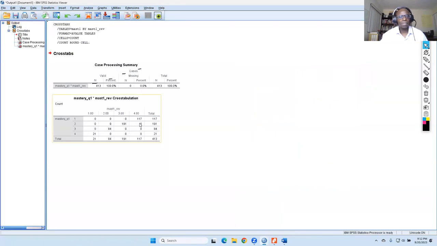Okay? So we have to do them one at a time because otherwise it's going to run them all together. You see what I did? Does that make sense? You have to do them one to one. So mastery Q1 to mastery 1 reverse, right? Because otherwise it's going to run them all together. If you understand that, type in a 1. If you don't understand that, type in a 0, because what it did is it ran them all together.